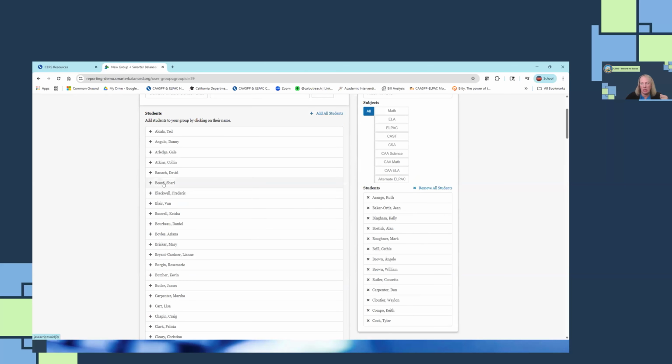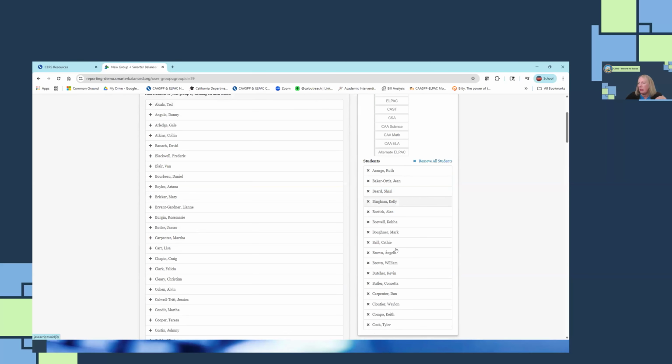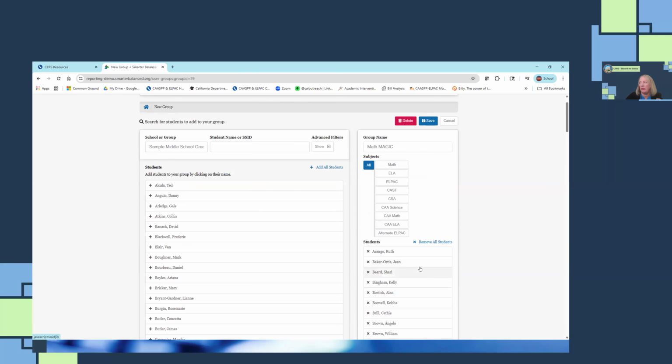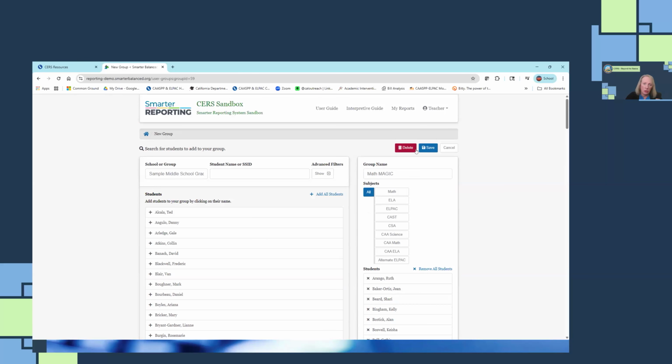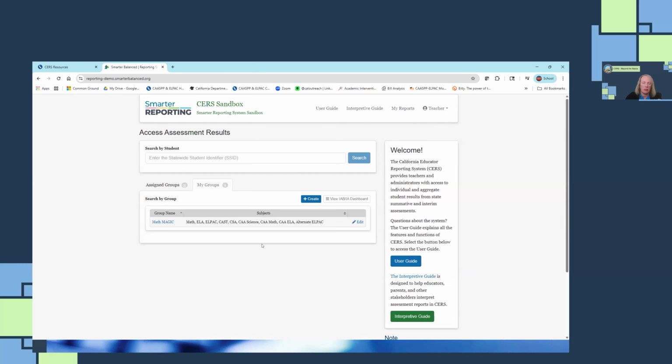I got a new student, so I might want to pull that new student in or add additional students as the year goes on. And I might want to remove students from the group. And I simply just click on their name in the existing custom group and it will remove them. I can delete the group by clicking on the delete button up at the top, and I can start from scratch. Okay, we're going to go ahead and save those edits,